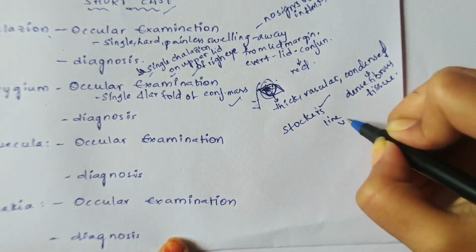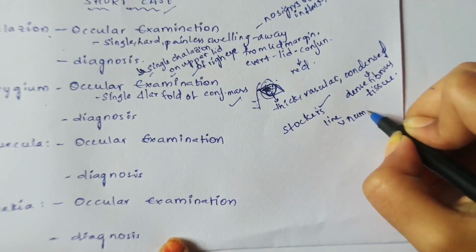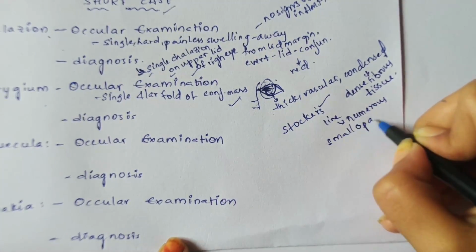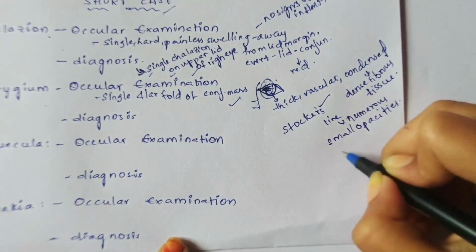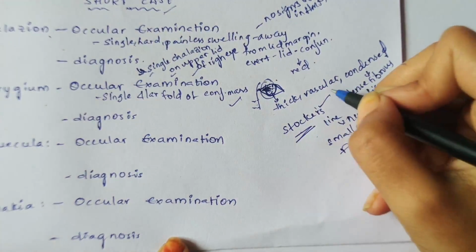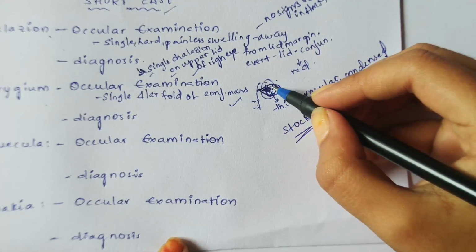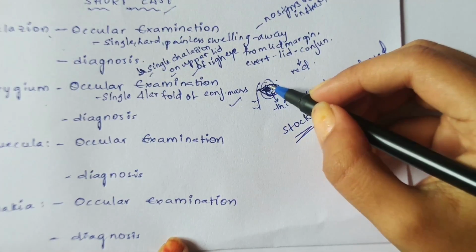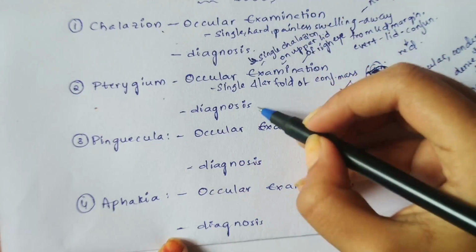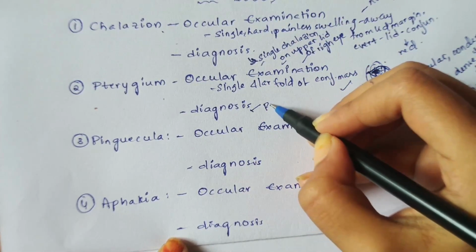Stocker's line is numerous small opacities due to the deposition of iron. So if you see this, you will write Stocker's line in front of the blunt apex of the pterygium is seen. Then you will write your diagnosis as pterygium